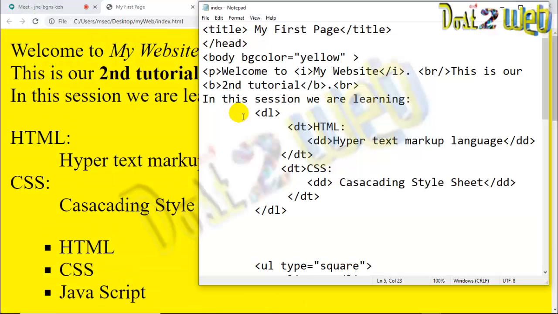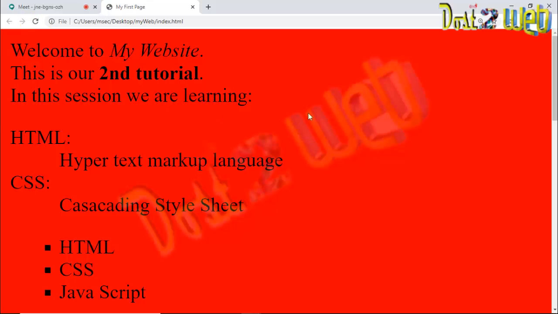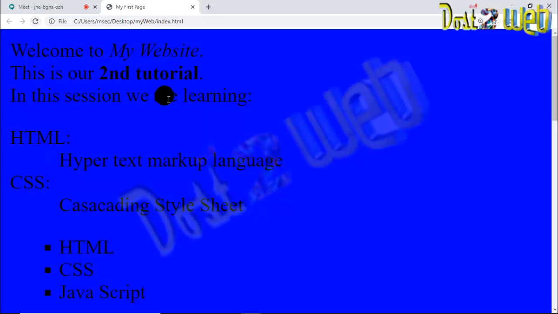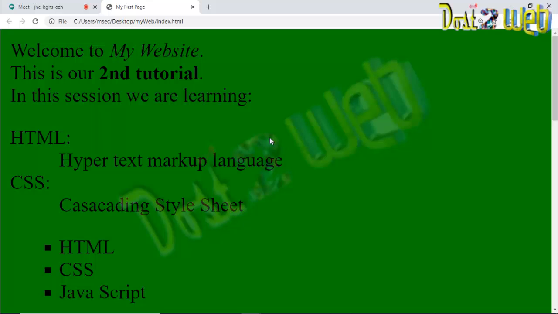Same way you can change it. If you want red, you can use red. Whatever color combination you want to put, you can put here and match it. You can see the red color. Similarly, if you want blue, let's see with blue. Just refresh it. See, it is blue. It is shining and we are not able to see the screen well, it's not that good. Green, let's check green. See, green also appears.